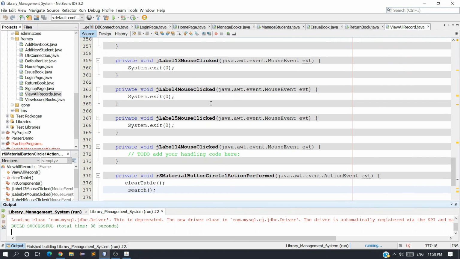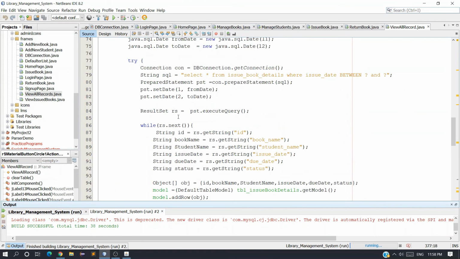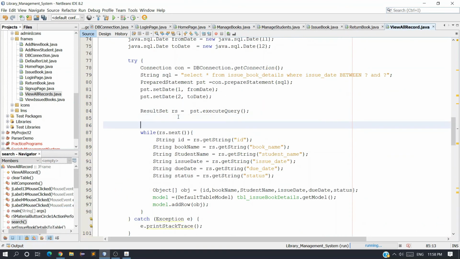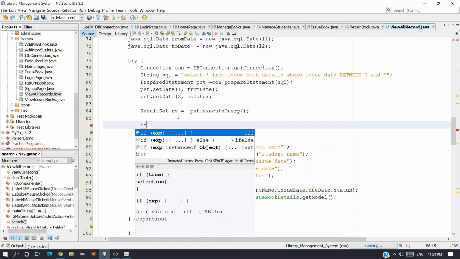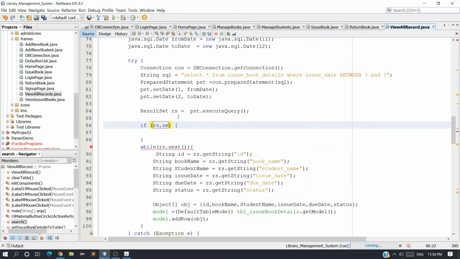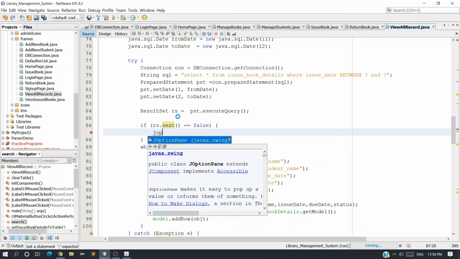What we need to do here is simply write one if statement below the result set. If rs.next is equal to false, that means we have found no records in the database.